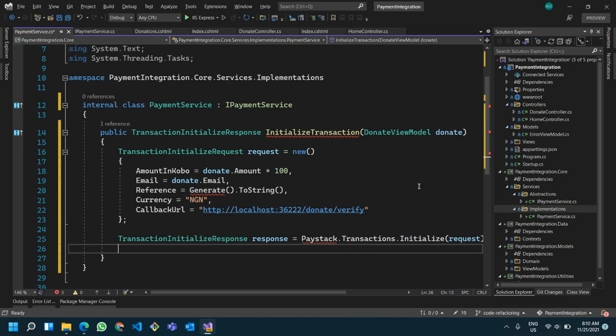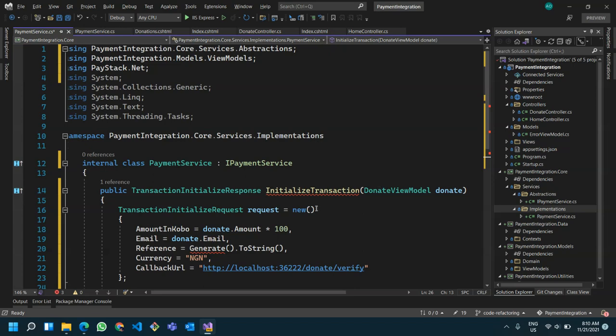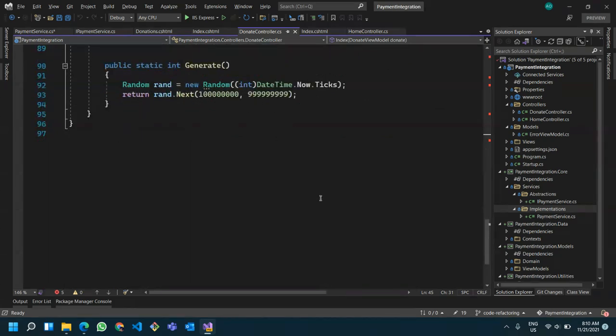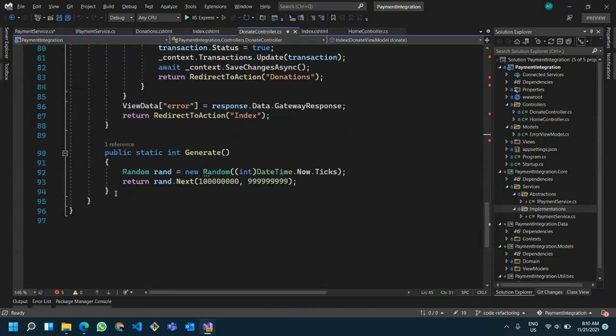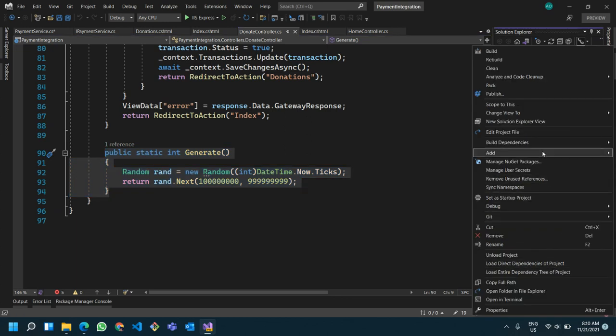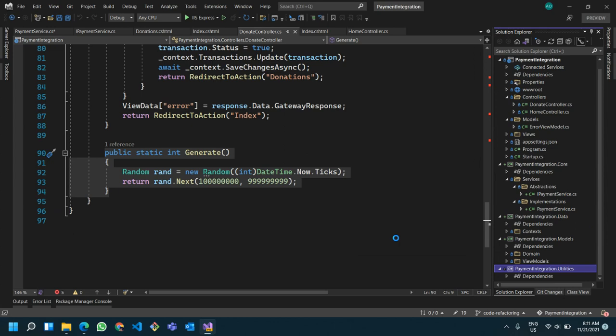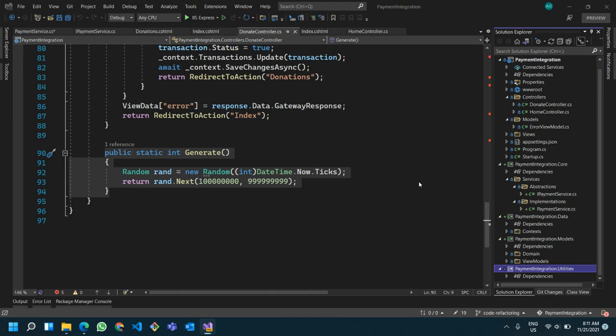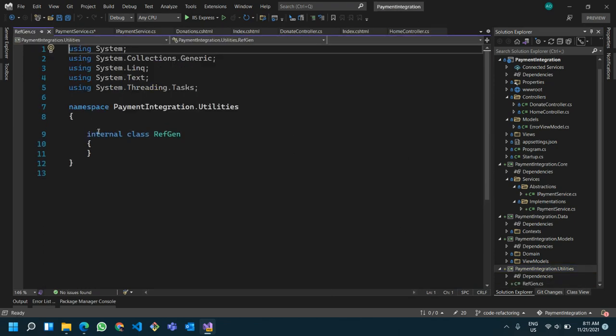Right. So where do we start from? Remember, I don't know if you watched the last video, but we had a method that was generating our random reference numbers for Paystack. Since it's a utility method, I will add it to the utilities class library. So let's create a new class. Let's call this class RefGen